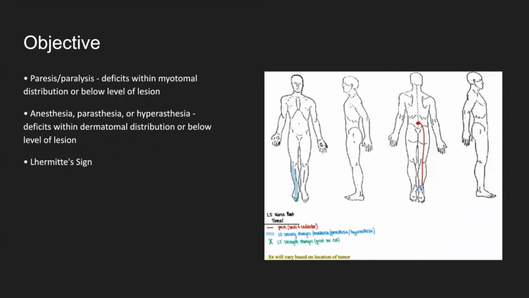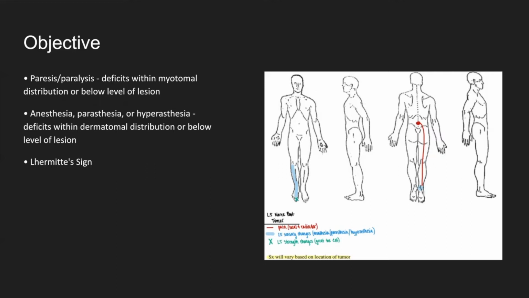And then for the objective, this is going to parallel your subjective. So we have the paresis, paralysis, and the sensory changes, but we wanted to point out that these things are going to occur within the dermatomes or the myotomes that are affected. The location of the lesion or the tumor is going to have a big impact on the patient's presentation. Our picture and our patient example for the video both present as an L5 nerve root tumor, but just keep in mind that the location of the tumor lesion will change their presentation,